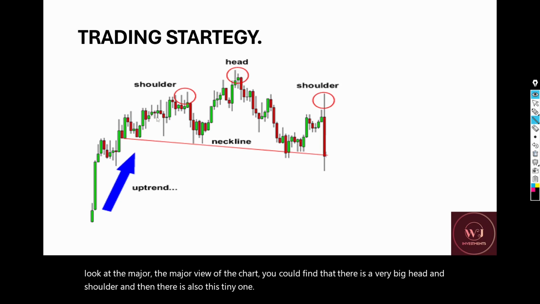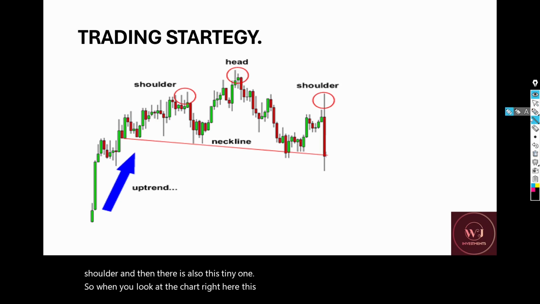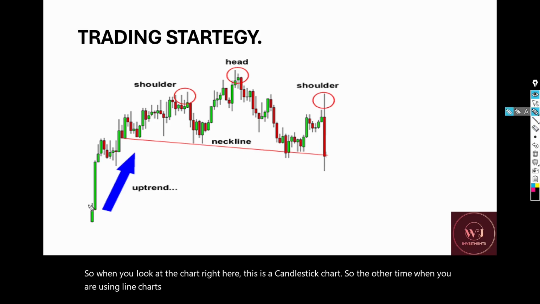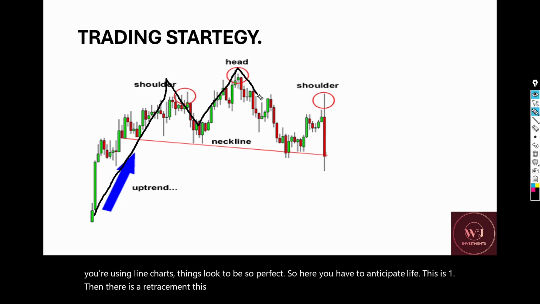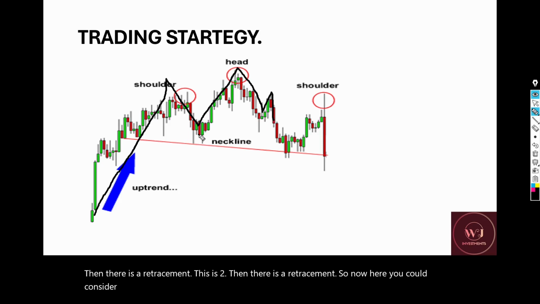So when you look at the chart right here, this is a candlestick chart. The other time when you are using line charts, things look so perfect. So here you have to anticipate live. This is 1. Then there is a retracement. This is 2. Then there is a retracement. So now here you could consider this. That is what I've been talking about. Or if not that,